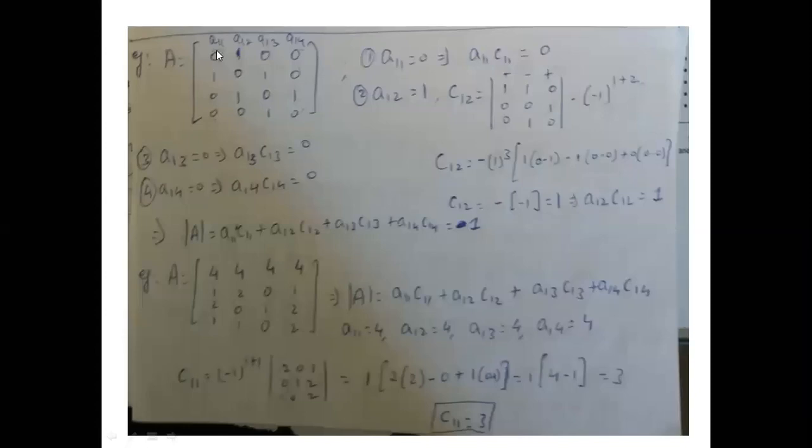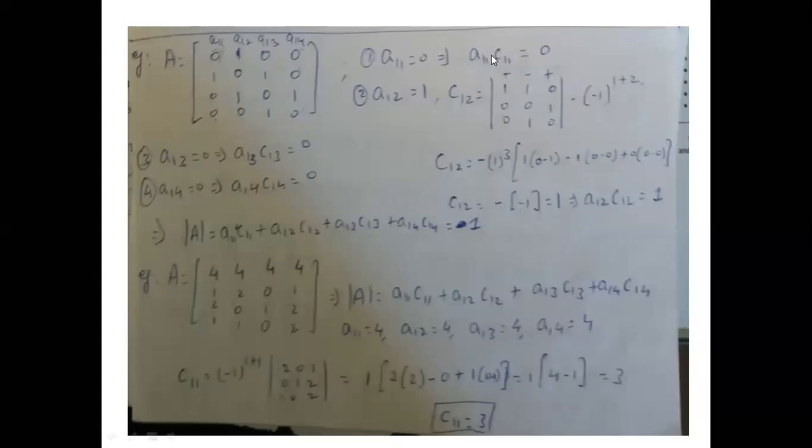So this is the problem which is given to us. Okay, I have started with a simple problem. So you have 0, 1, 0, 0 on the first row and the rest of the factors. So this problem is very easy because A11, A13 and A14 are zeros. Right? So we don't really have to find the determinant in these columns because they will multiply with 0. Right? That is what I have written here.